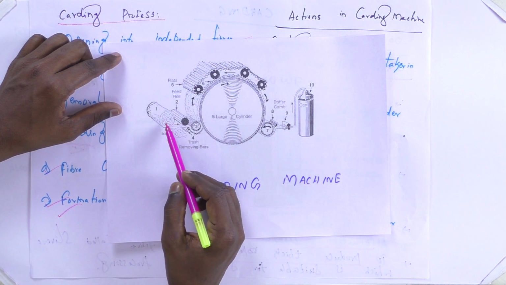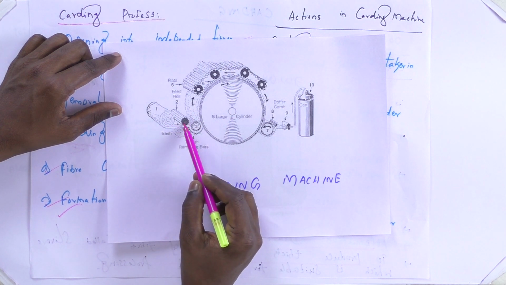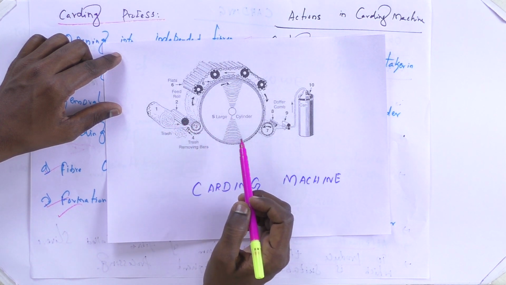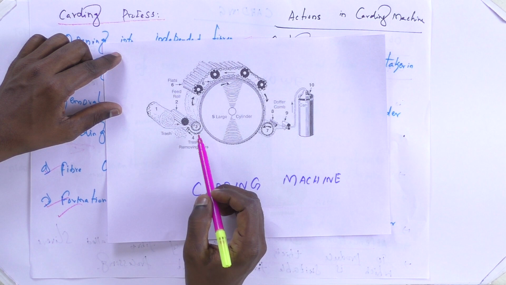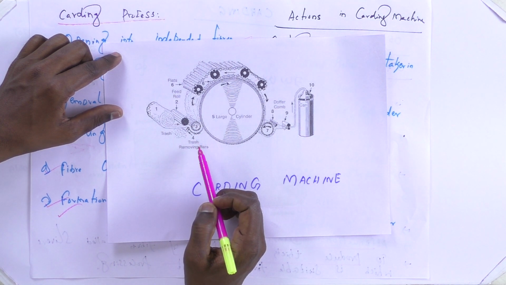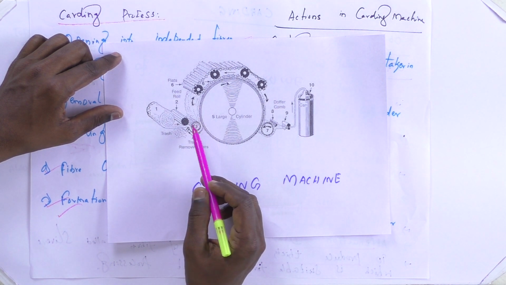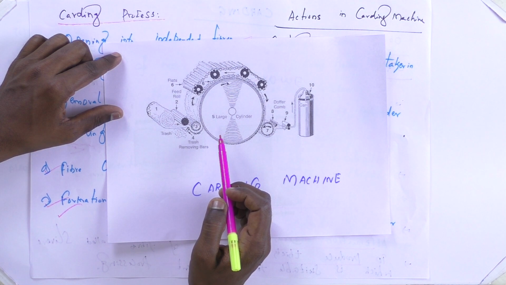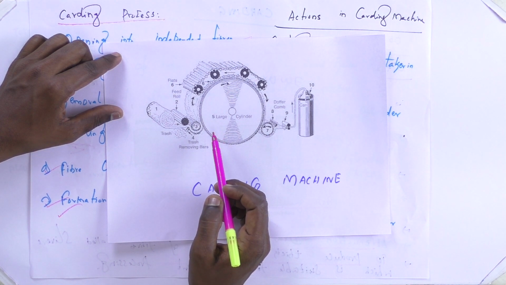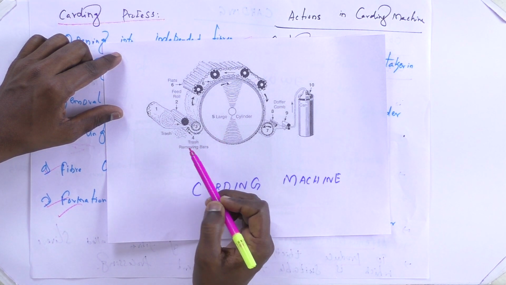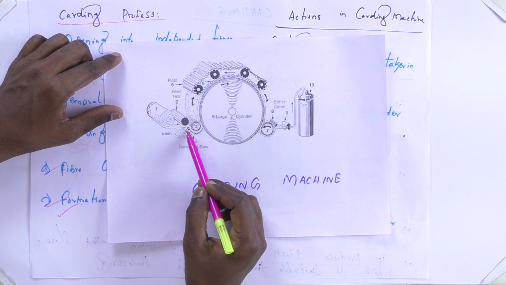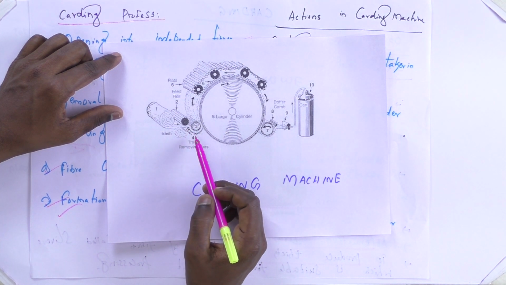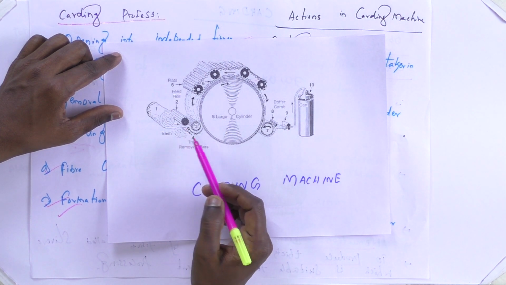The blow room lap is placed here. The unwound lap passes through the feed roller and reaches the licker-in. So licker-in is a sawtooth wire with heavy wire points, which removes trash particles. Here we have mote knives beneath the licker-in, which remove the vegetable matter and motes present in the input material.